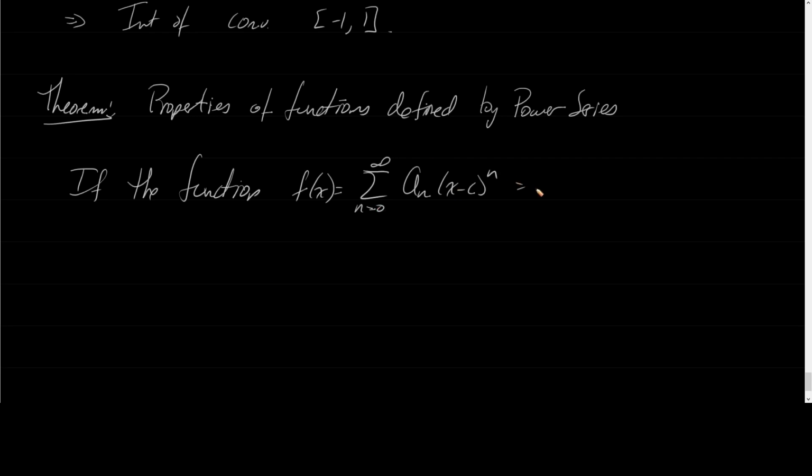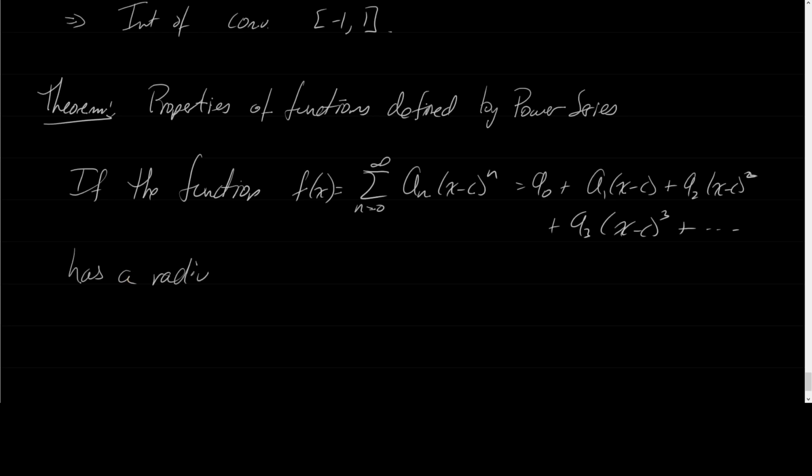When I plug in 0, that's a naught. When I plug in 1, that's a sub 1 times x minus c to the 1. Then I plug in 2, plug in 3, so on and so forth, right? So if that function has a radius of convergence r, where r is greater than 0,